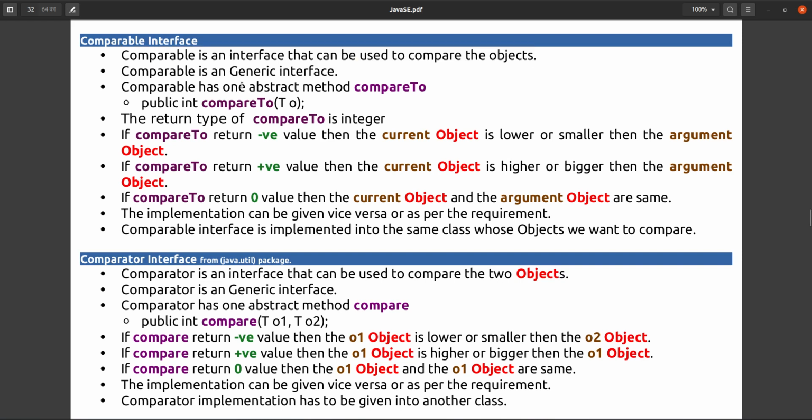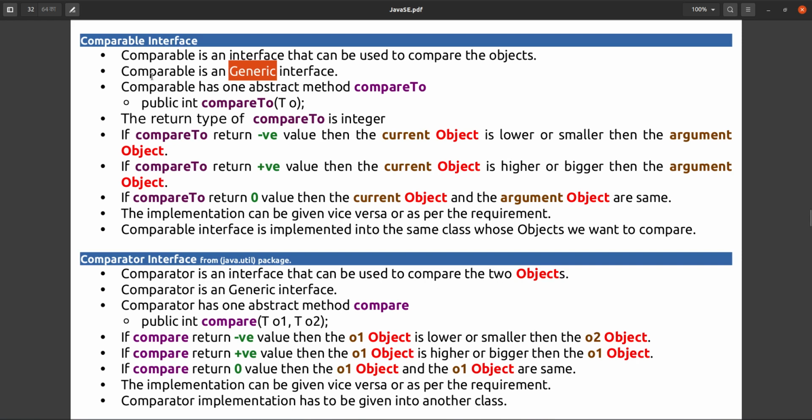Comparable is generic. What is generic? We will see generics when we start the util package. Currently, understand that any type of object you can compare. Whatever type you want, you can specify that type and compare it. This means generic.